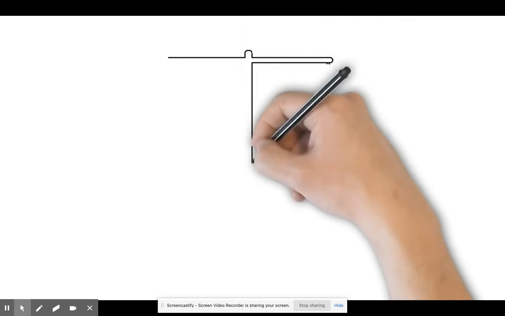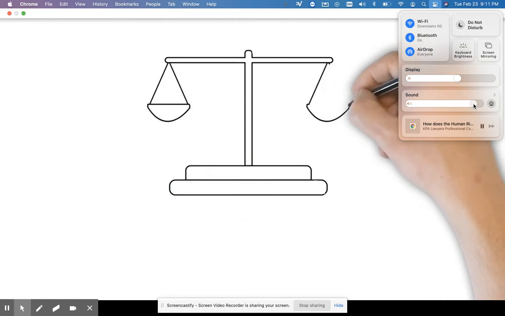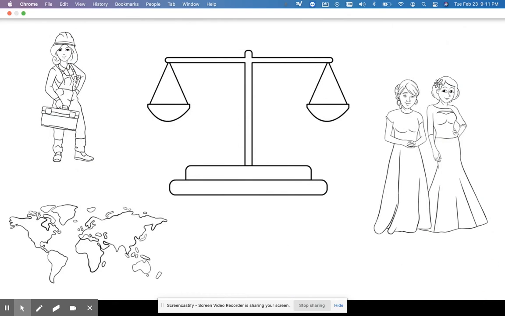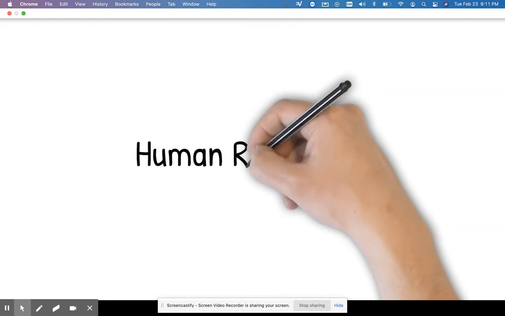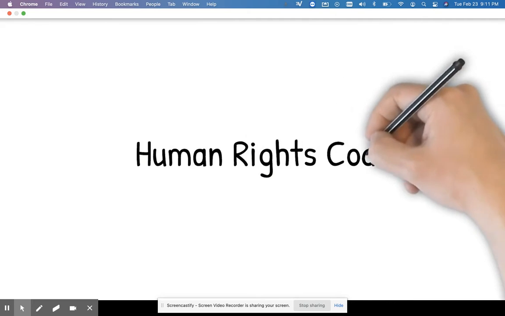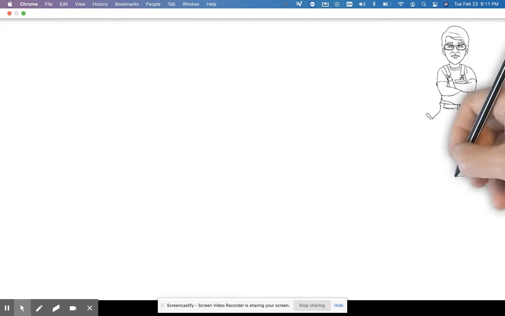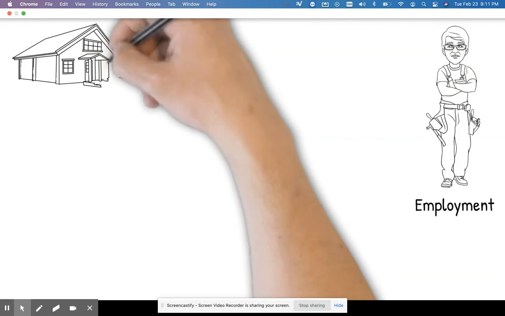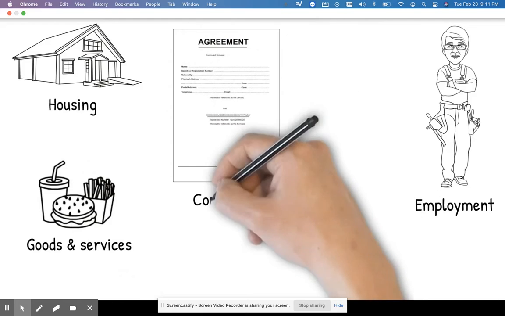You may have heard that it is generally illegal for employers, landlords, or businesses to discriminate against anyone because of his or her race, sex, or sexual orientation. But those are just 3 of a total of 17 different characteristics that are protected by Ontario's Human Rights Code. The Human Rights Code is a set of laws that protect people in Ontario from discrimination and harassment in 5 areas of life. Those areas are employment, accommodations, such as rental housing, goods, services and facilities, contracts, and memberships in